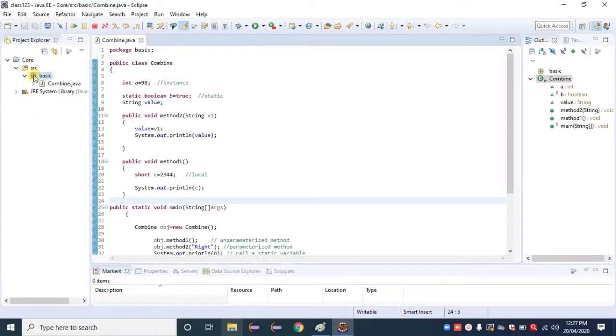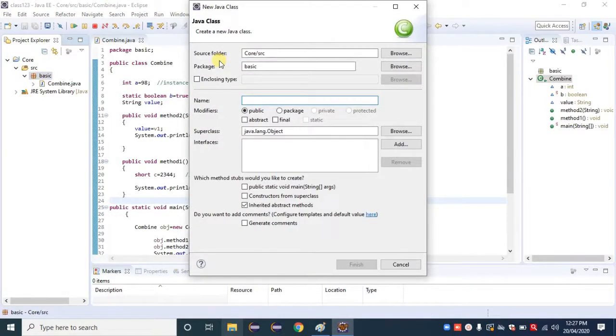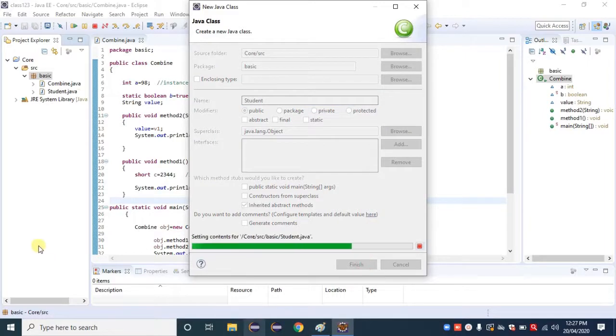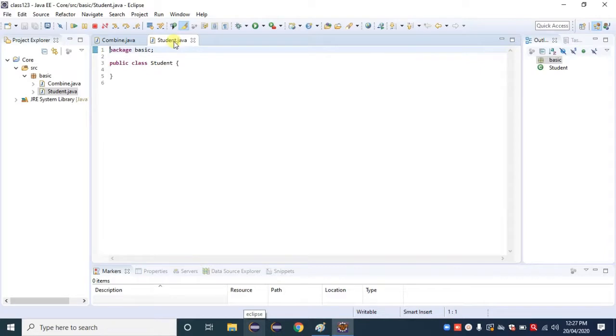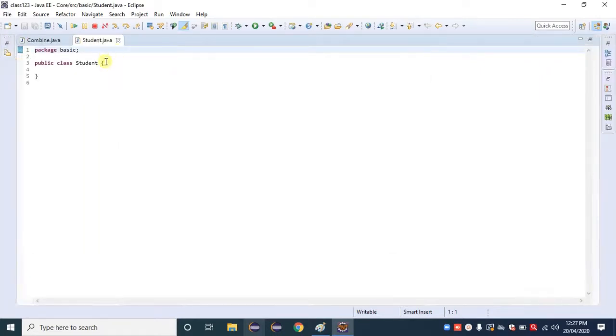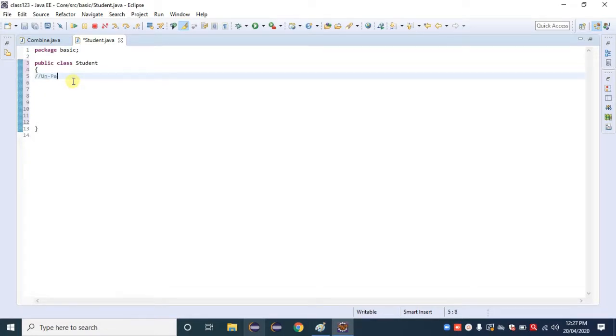So inside a basic package I am creating a new Java class. I am using Student as the class name here. So here we are trying to understand an unparameterized method.